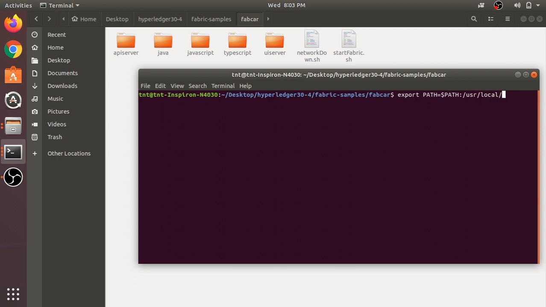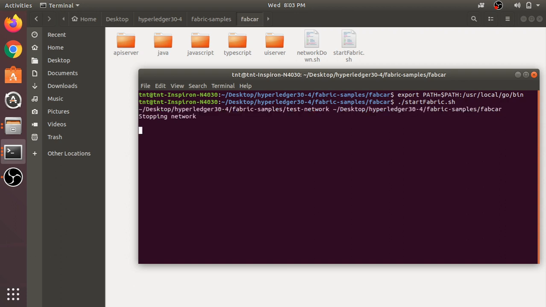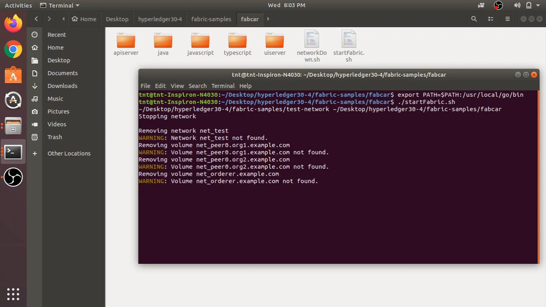I stored my Go language build library inside this path. So either you can directly run startFabric.sh, or if we are only focusing on JavaScript, you can run startFabric.sh javascript.